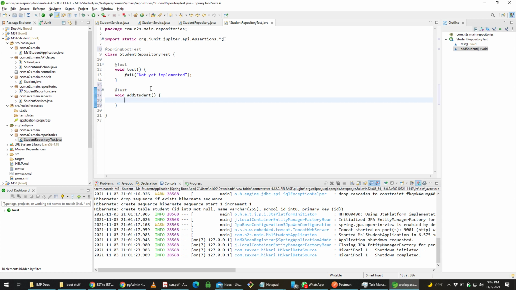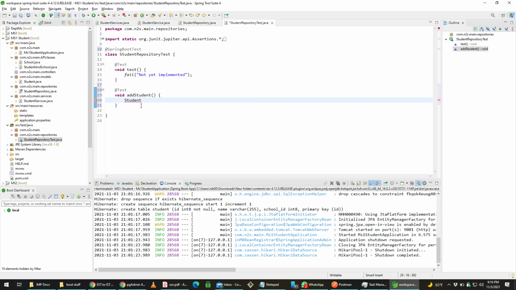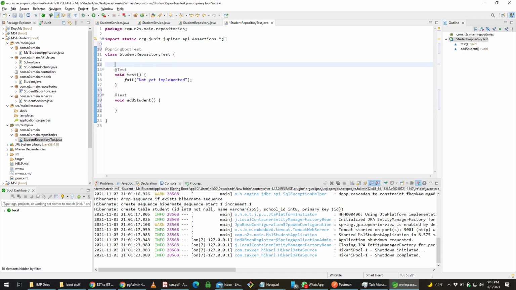I'm just going to create a student object here. Student. Oh wait, I have to create an Autowired repository first. Autowired